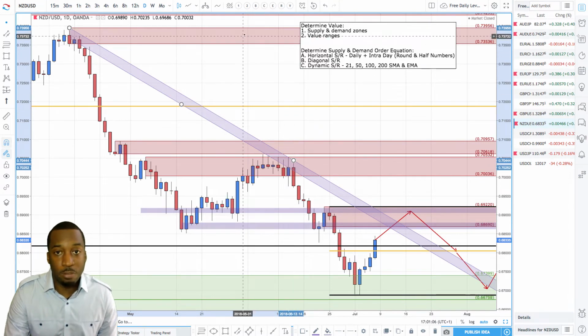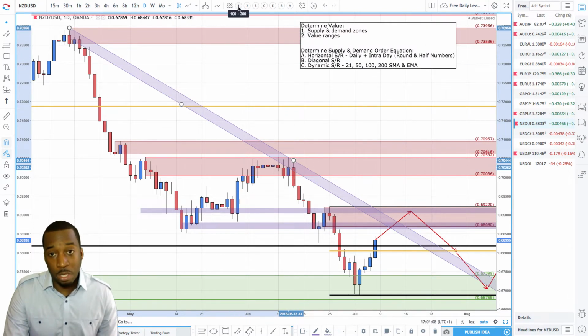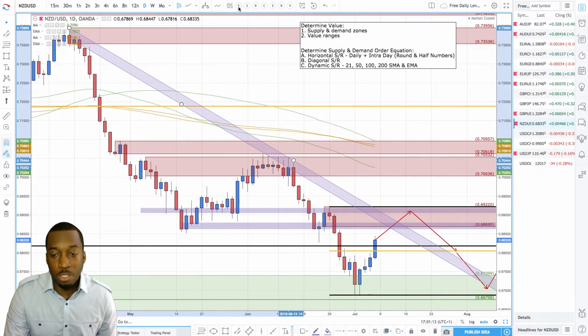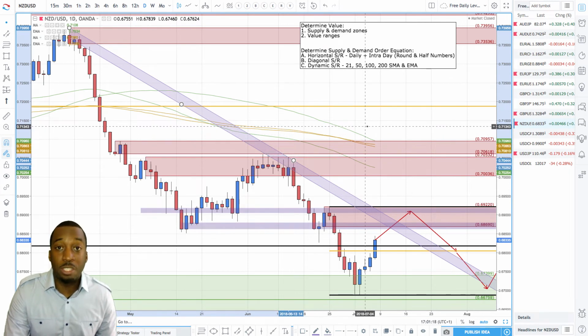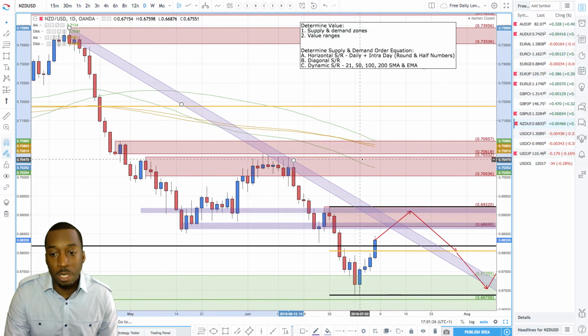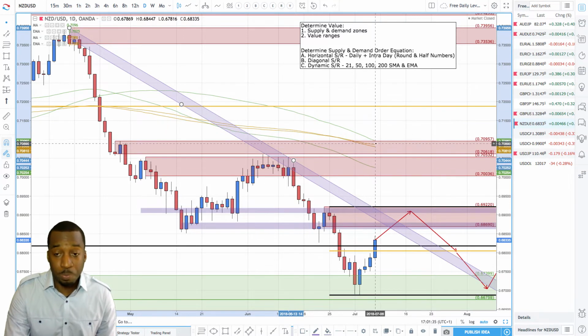And then what do we have? We need to see dynamic support and resistance, and what I use are the 21, 50, 100 and 200. From an overall trend perspective, I don't use moving averages to determine which way I should trade, because it's sloping down doesn't mean I'm going to trade it sloping down. It's a lagging indicator, right? But what I know traders will do is use popular moving averages as dynamic support and resistance, right? So even though we're further up here, the 100 to 200 is quite popular,